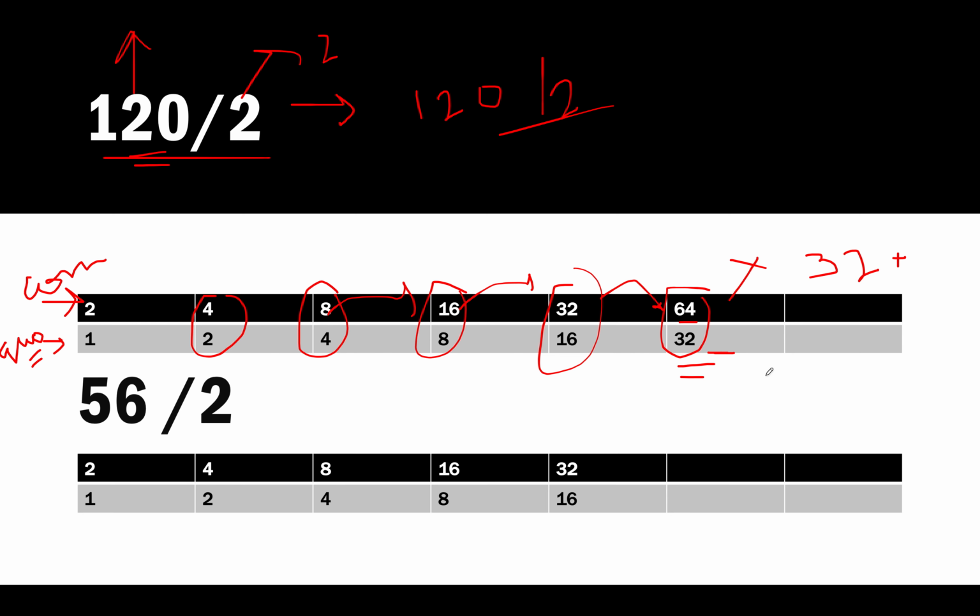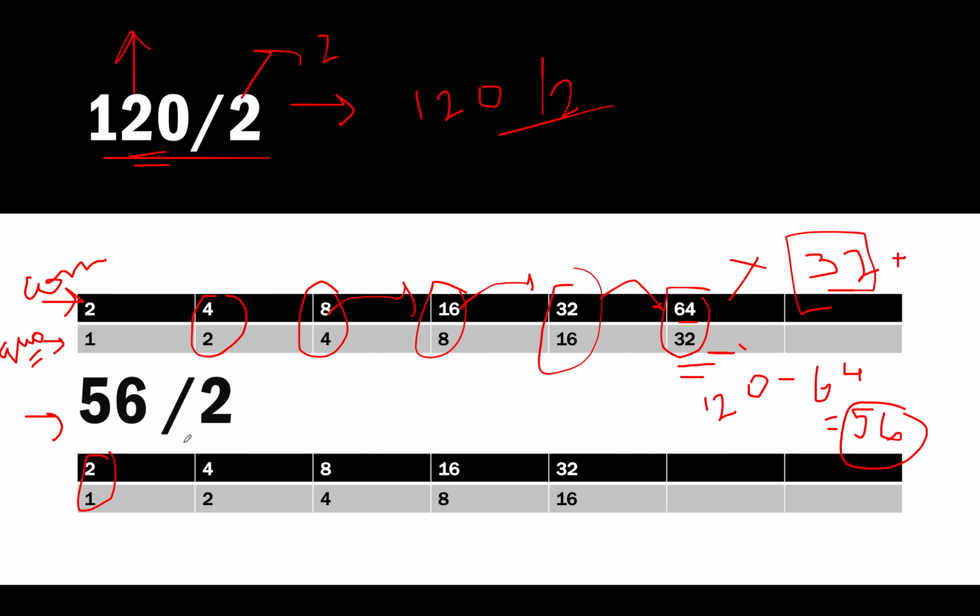So we'll do a similar kind of process for the remaining value, which would be 120 minus 64, which is nothing but 56. So let's start the process again, and we have stored the previous quotient somewhere as 32, and the problem reduces to 56 by 2. So we'll start the process.